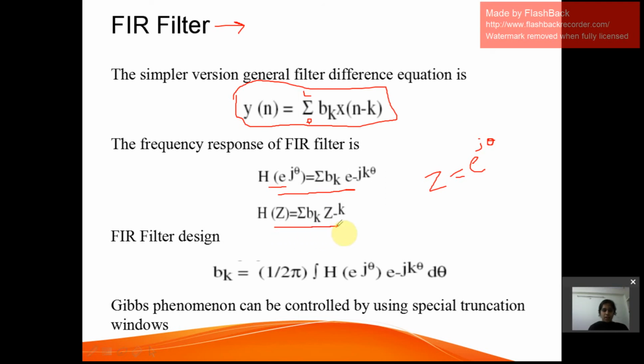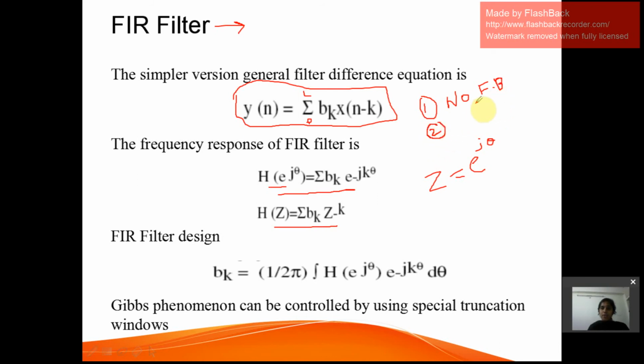Now before discussing the design of this filter, we'll discuss some benefits, advantages and disadvantages of FIR filter. The first point you need to keep in mind is that there will be no feedback to this FIR filter. I'm just writing in a shorter form. While you are watching this video, make a note of it in your notes. All these points are very important.